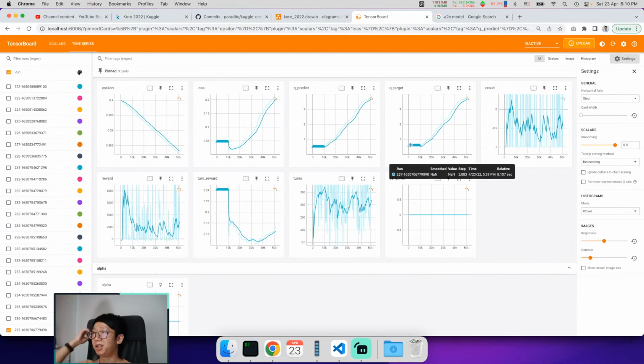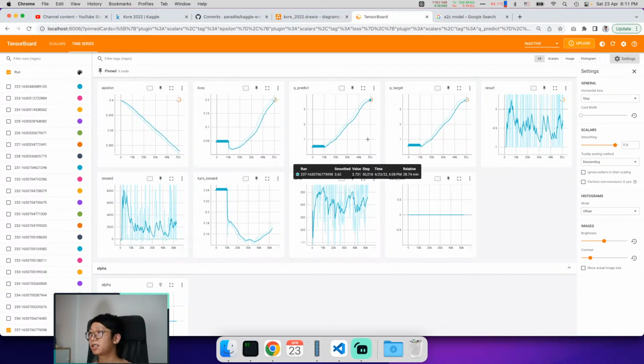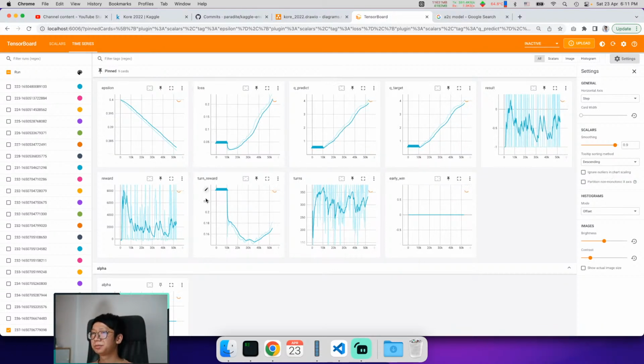Maybe after 1 million rounds. It's doing pretty fast actually, so I think we'll get to 1 million rounds pretty soon. You can see particularly here the reward per turn is actually going up. So it's probably a positive sign. It's doing something useful here. All right, I think that's